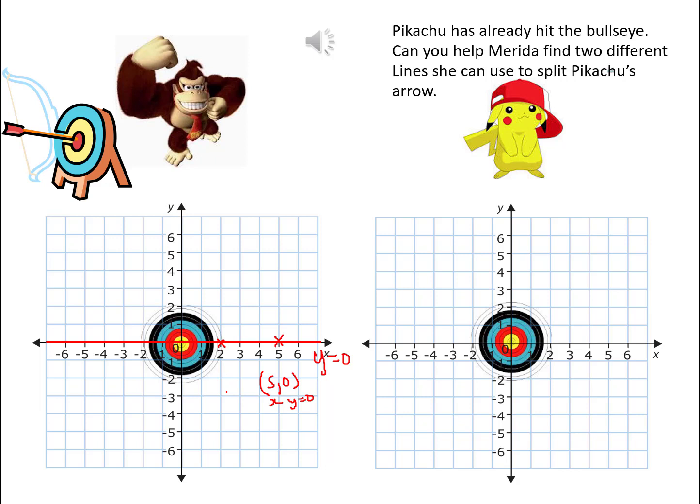And I'll just do another one here. That's 2, 0: x is 2, y equals 0 again. That's why that line is y equals 0, but people do make the mistake and call that x equals 0, but that is the x-axis and y equals 0. So this one is of course x equals 0